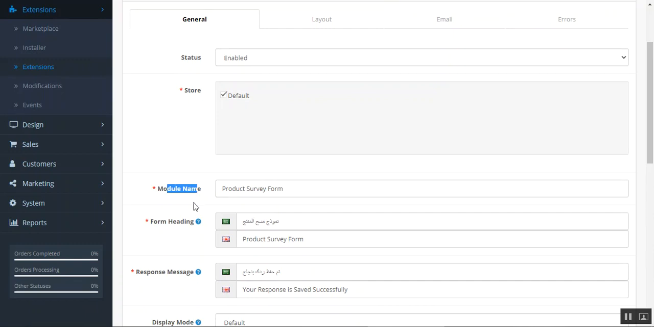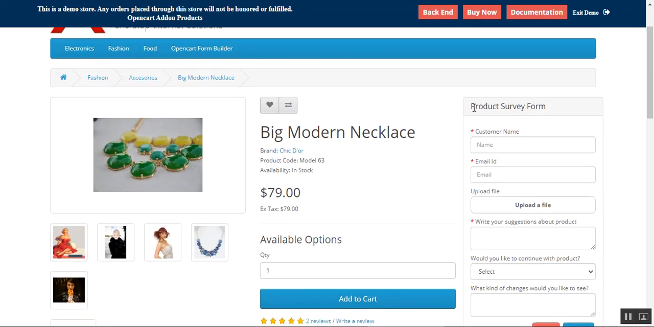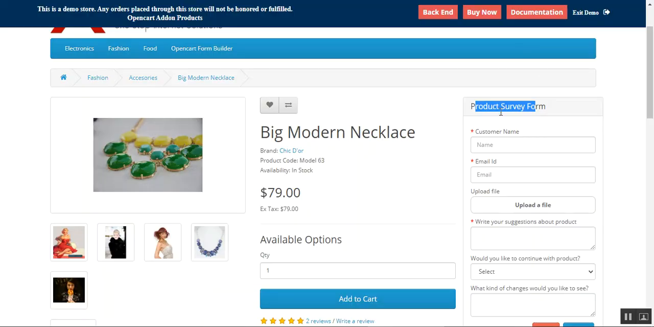Then you can set up the module name. So we have set it as product survey form. Here you can see that we were on the product page, and on the right hand side we have the product survey form with an option to upload a file as well. Now let's go back. The form heading would be product survey form,